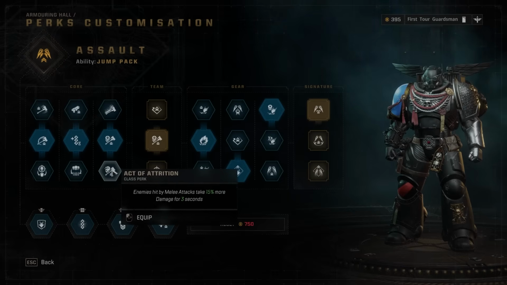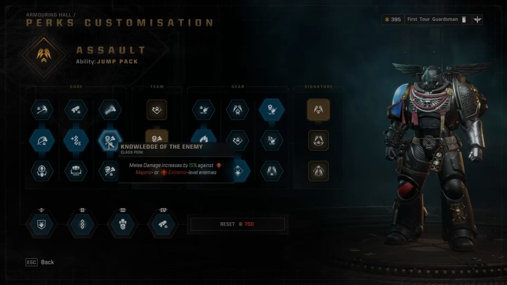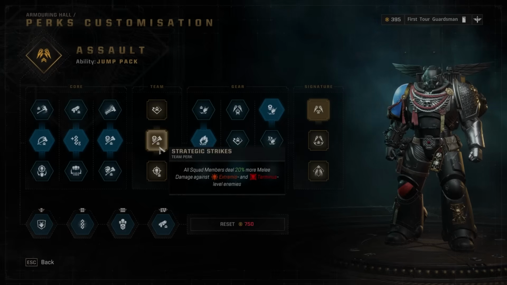This does stack up. It also affects your teammates' damage as well, because it's actually a debuff for the enemy. Pretty damn good perk, but I just prefer this one for Ground Pound. Now, for the team perk selection, I take Strategic Strikes. All squad members deal 20% more melee damage against Extremis and Terminus level enemies, and this one just helps our